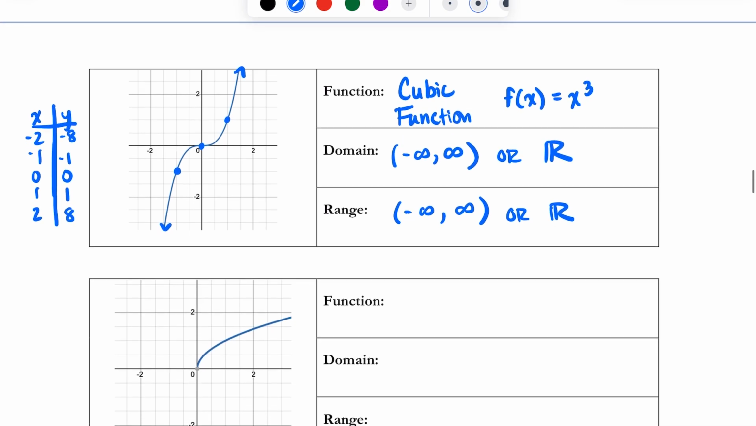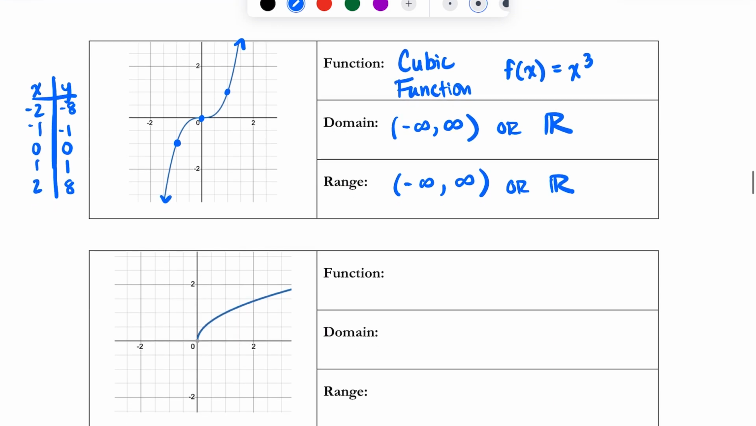If I go down to our next function here, this one's a little bit different. It kind of looks like that, but it looks like it's been cut off. This guy right here is something we talked about in a previous unit. This is our square root function. Remember that square root is going to be that radical sign x. You can assume that there's a little 2 there, but remember if it's not given to us, we automatically assume that. If we do a table of values here,